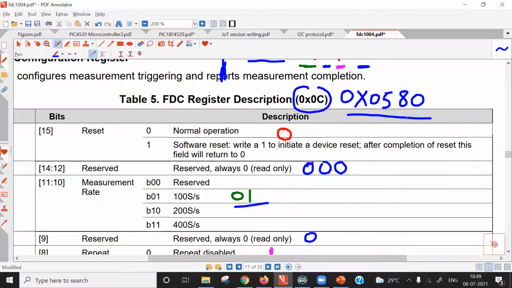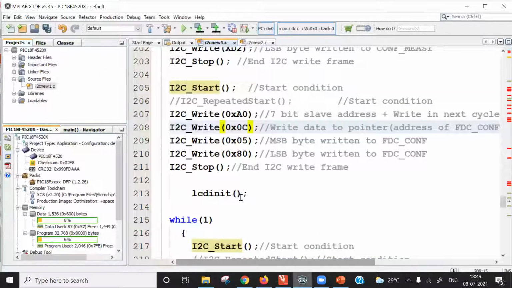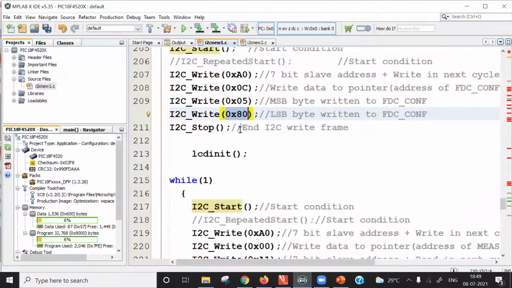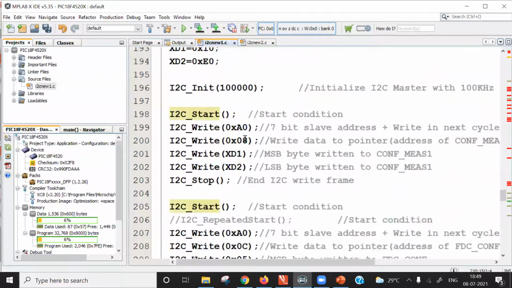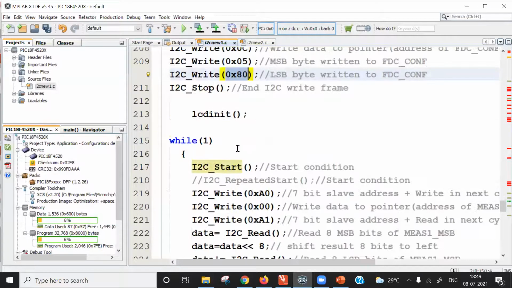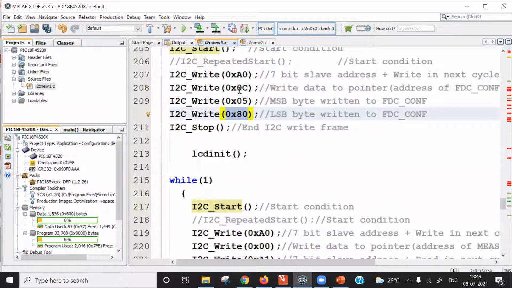So first write the MSB byte 0x05 and then write the LSB byte 0x80. And after that, end the I2C write frame. So what have we done? We have written data to the register pointed by 0x08, and next we have written the register pointed by the 0x0C value.